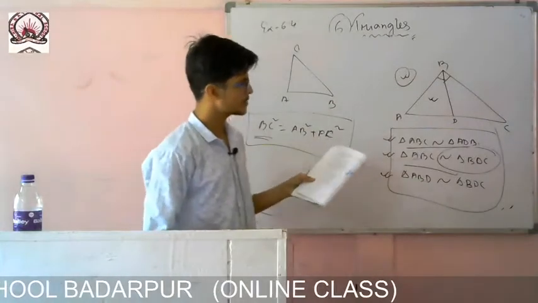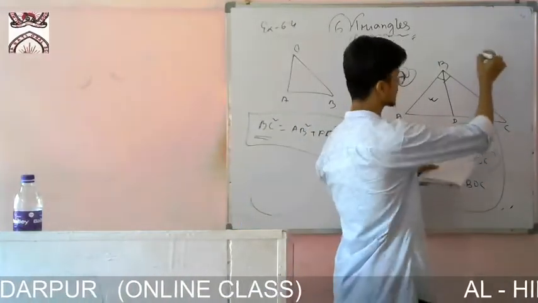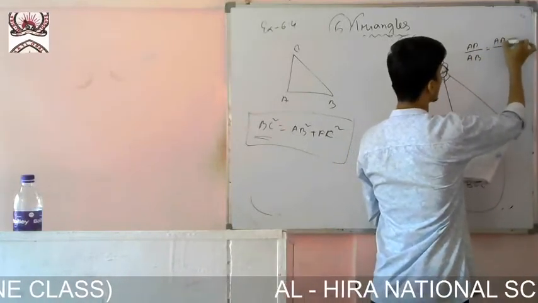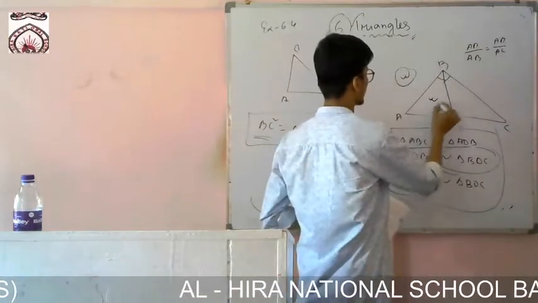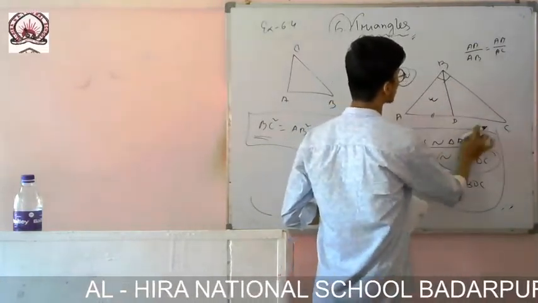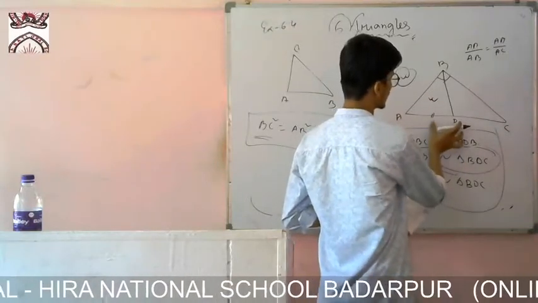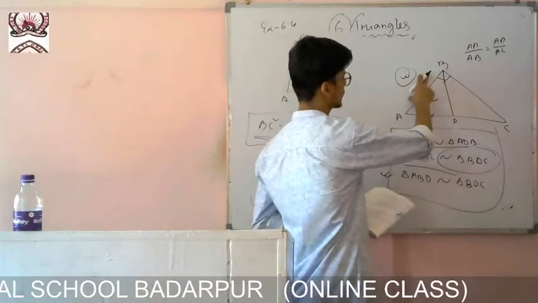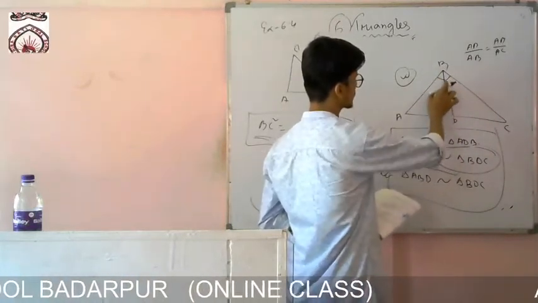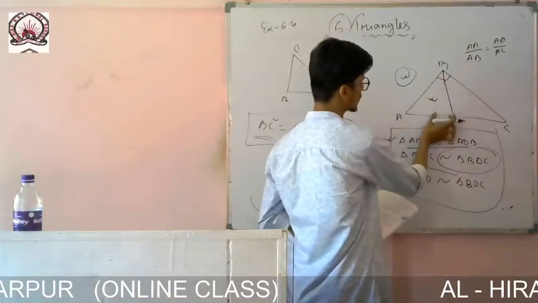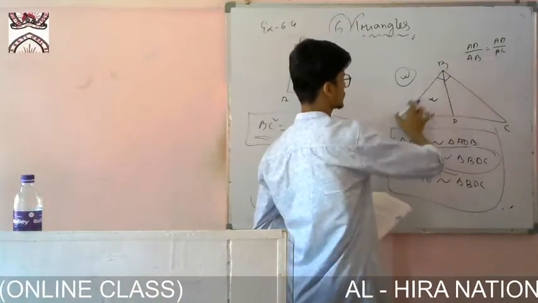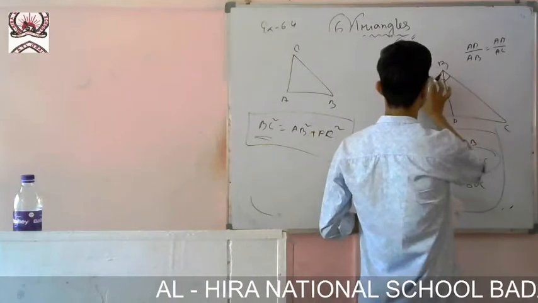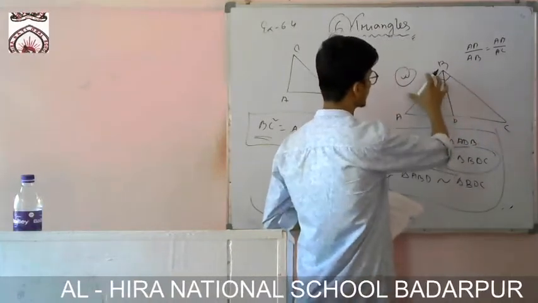Okay. If this triangle is similar to the whole one, then the ratio of the sides is taken out. It is AD by AB equals AB by AC. AD, which one is AD? This one. Sorry, AD by AB. This one is the base for this triangle, and this one is the base for the bigger triangle. Okay, because this is the hypotenuse. So AD by AB, and again AB by AC, and for the bigger one I am taking AB.